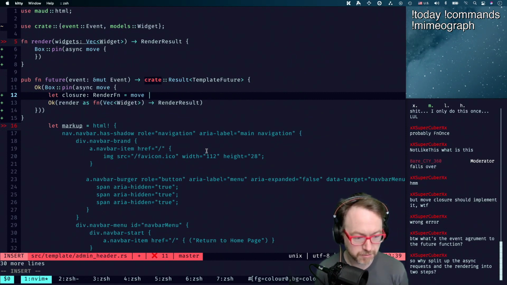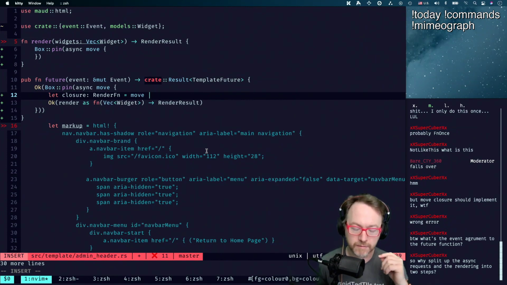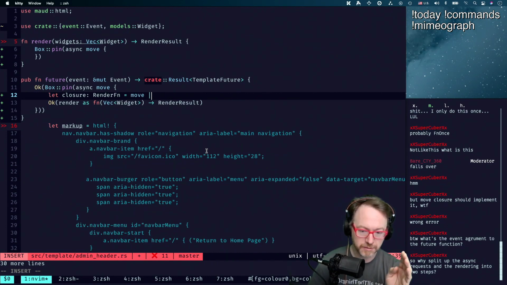Do I split up the async request and the rendering into two steps? Why split up the async requests and the rendering into two steps? Because the async requests let us get as many requests going to the back end as early as possible. They might not be able to render yet. We don't want to get into a situation